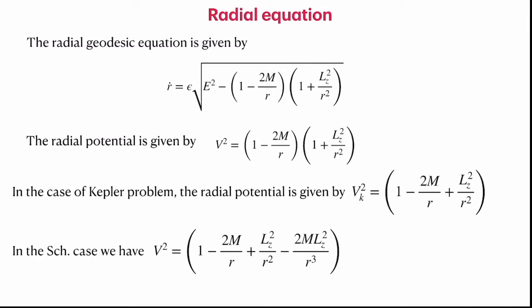That means it is going outwards, minus means ingoing into the black hole, and that is what we call epsilon, a direction along which the radial motion is directed. So once we have this, the equation of motion is of the form, written as a square root of E square minus V square, where the radial effective potential in this case is given by V square equals 1 minus 2m by r, times 1 minus Lz square by r square.